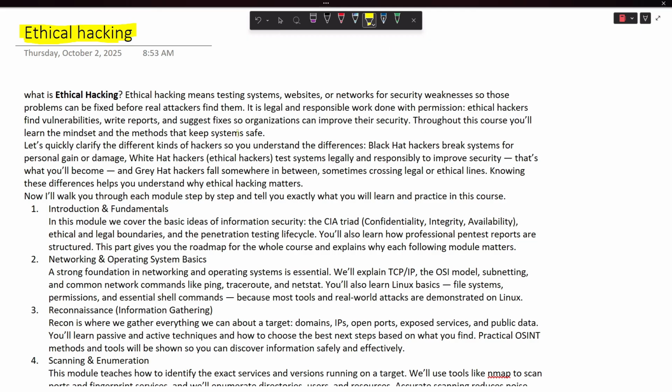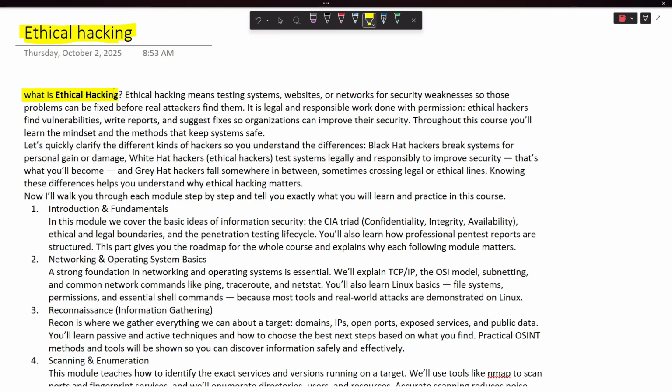And this is the very first session or lecture about ethical hacking, in which we will be covering an introduction towards it, and we will be learning throughout this course or boot camp what we will actually be covering. So yeah, it will cover each and everything. So, first of all, let's start with ethical hacking. What is ethical hacking? This is the first thing that you need to understand.